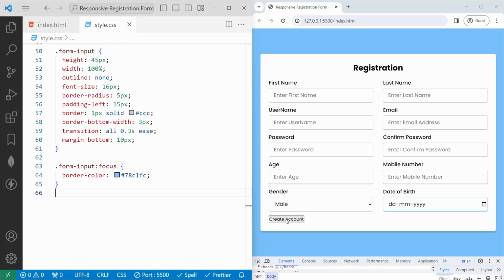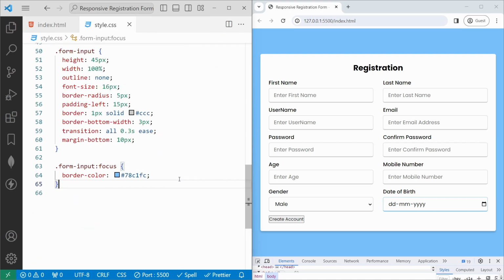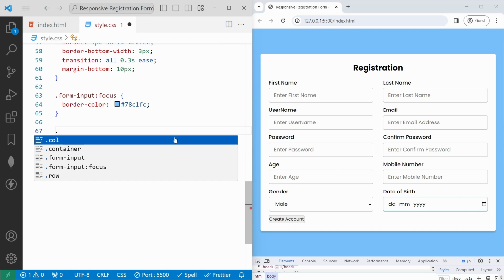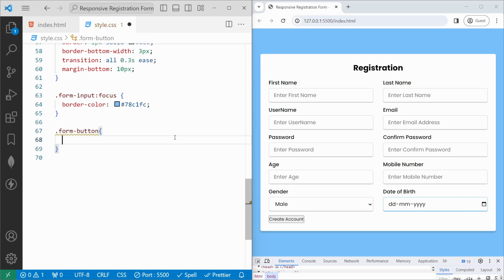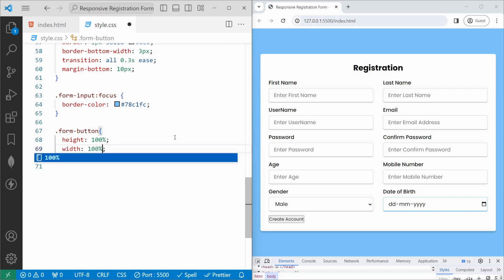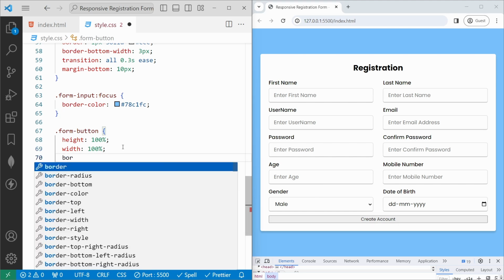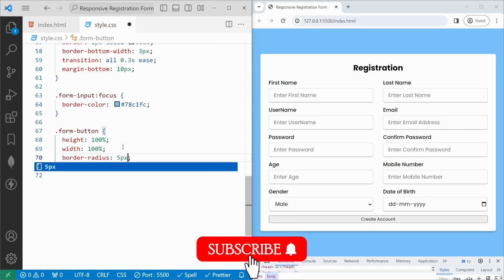Now we are going to add the styles to the create button too. For that, we have added a class value of form button, with the selector of .form-button. I will set the height to 100 percent and then width to 100 percent. If I save, we can see the button style here, and then again I will set the border radius to 5 px, margin top to 10 px,